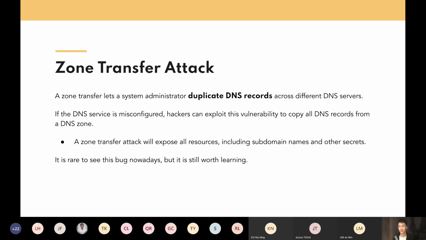So I mentioned before that DNS zones are basically just partitions of the DNS global space that's managed by one entity. So these zones, when they're managed by one entity, we can normally use a zone transfer to copy all the data from one zone into another zone, because let's say you want to copy